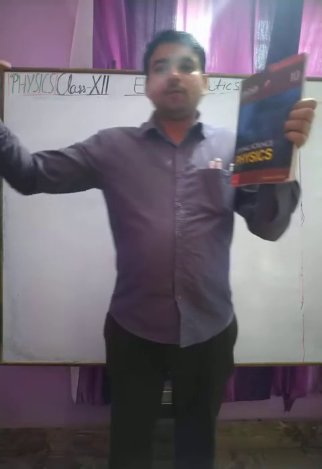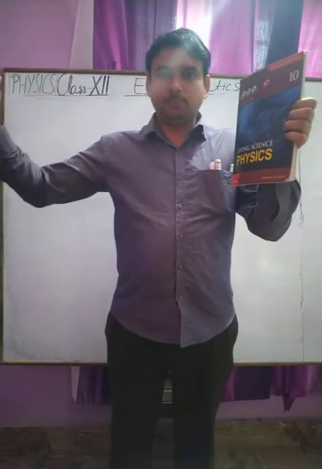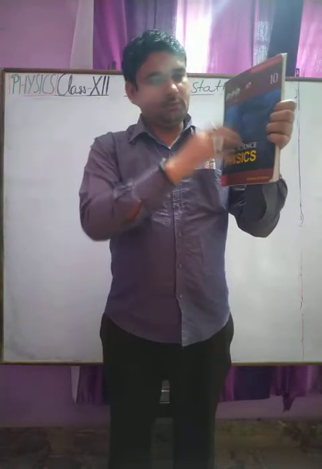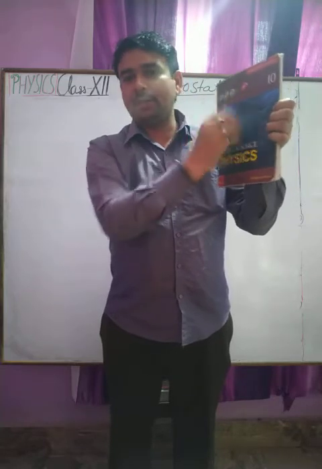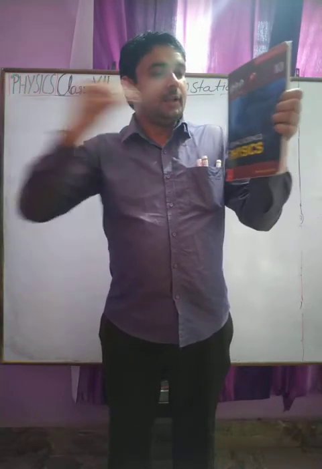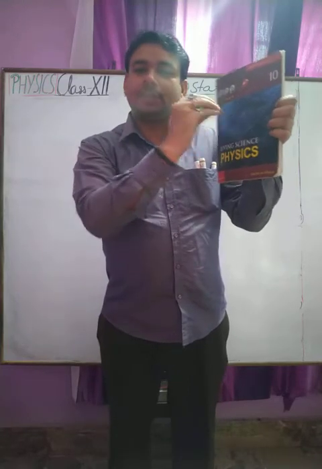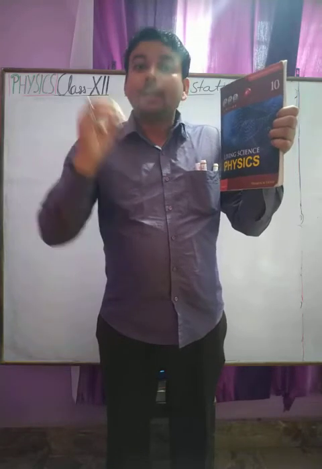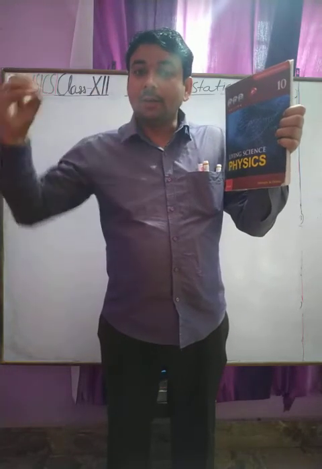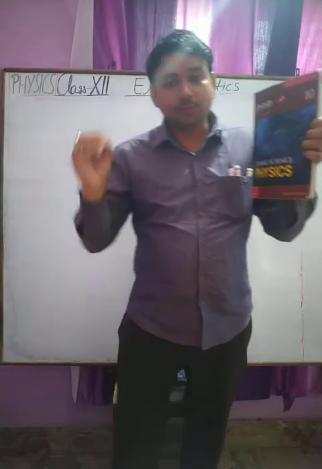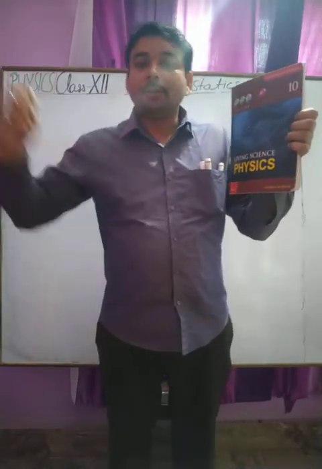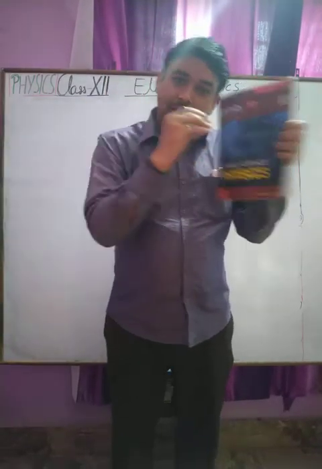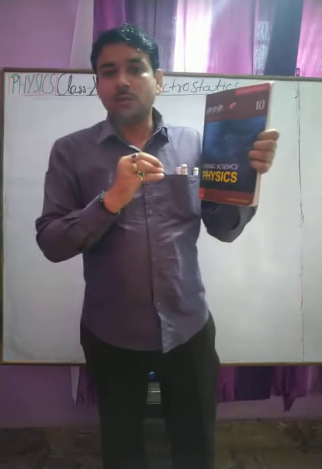Suppose from this charge 5 electric field lines move towards this book, which we have taken as the area, then all 5 lines are linked with this. Here student, one thing is very important to understand: the word linked with the surface, linked with the area, means passing through it, enclosed by it.